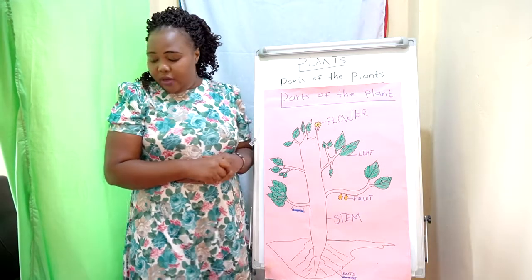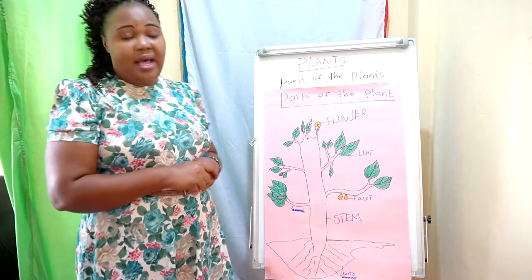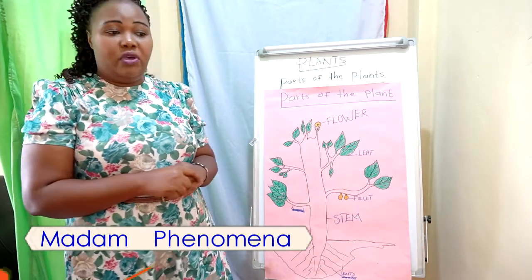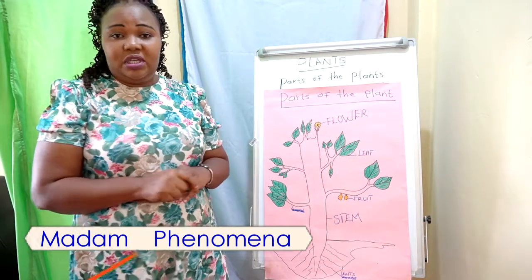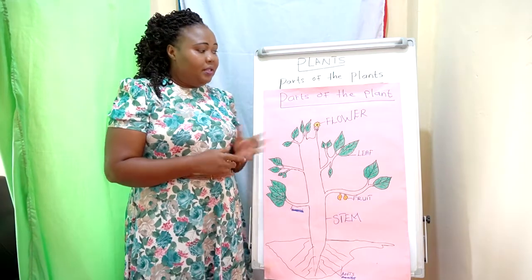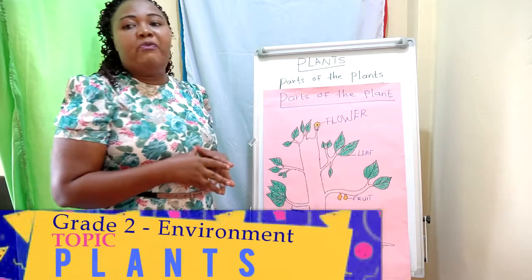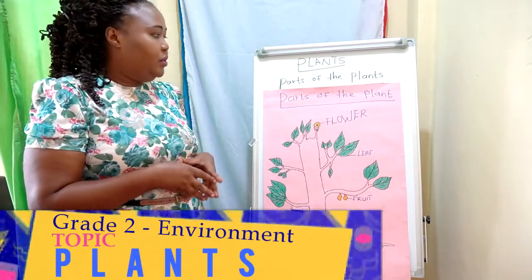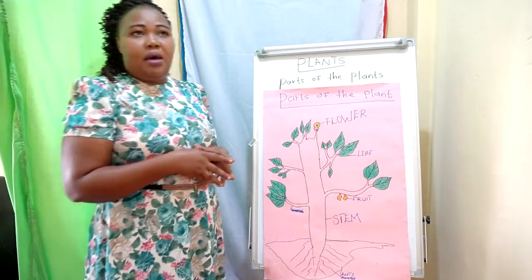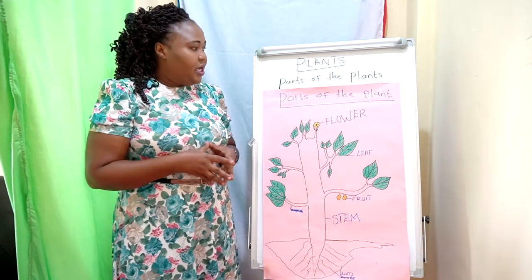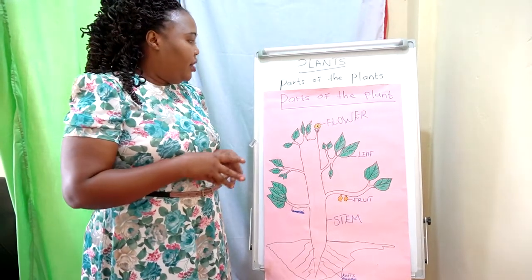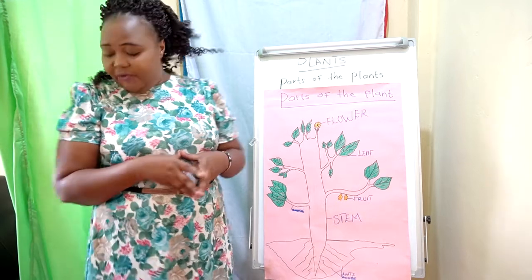In grade 1, you learned about the plants around you. You even took a walk with your teacher. So, as I'm teaching, try to think of some of the plants that you happen to see. Try to recall the names, try to recall the way they were. Having done that,